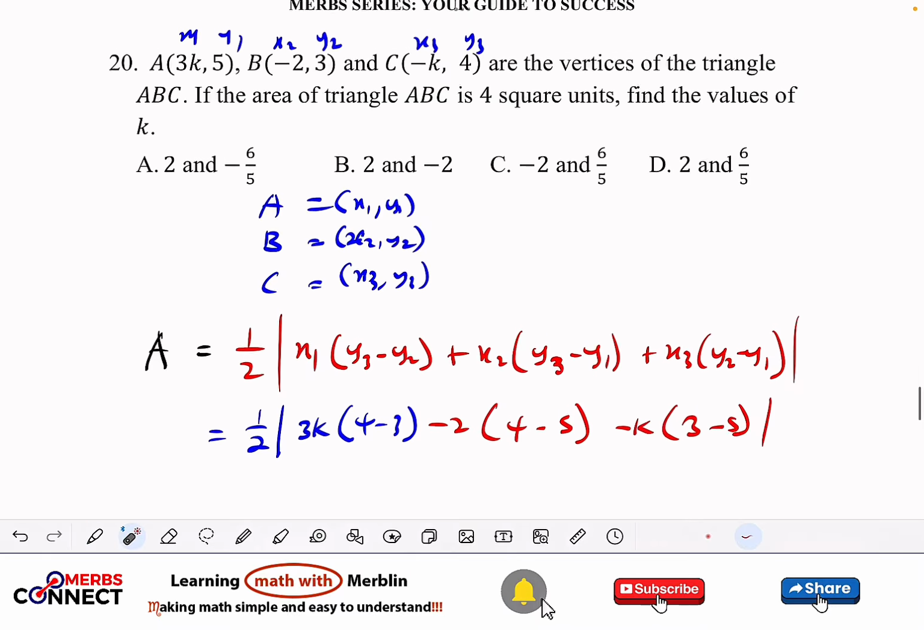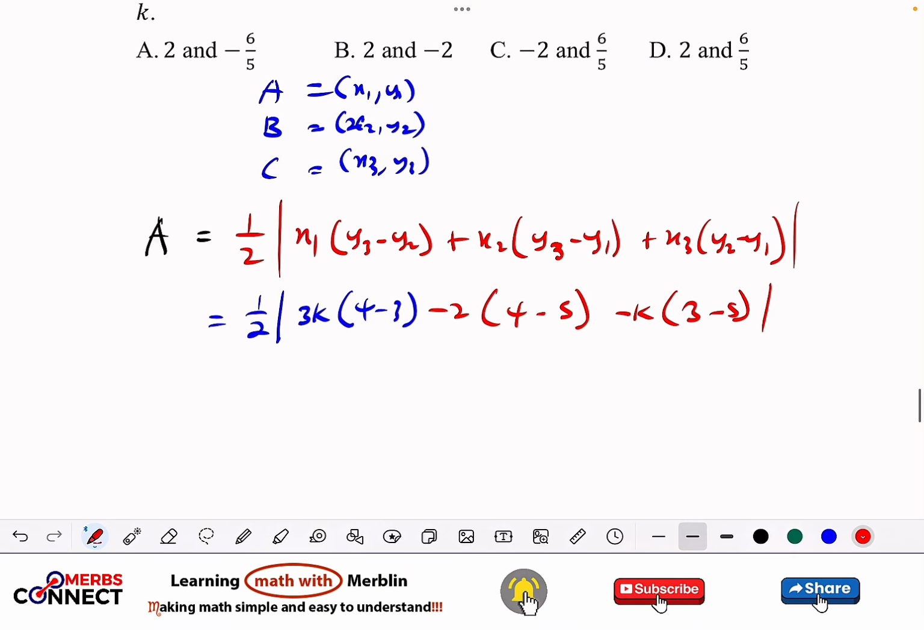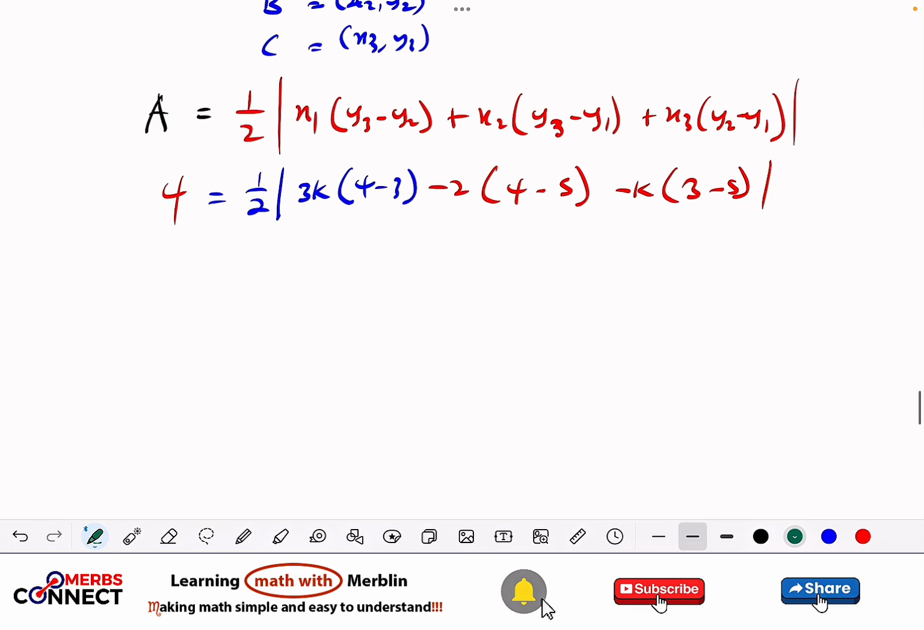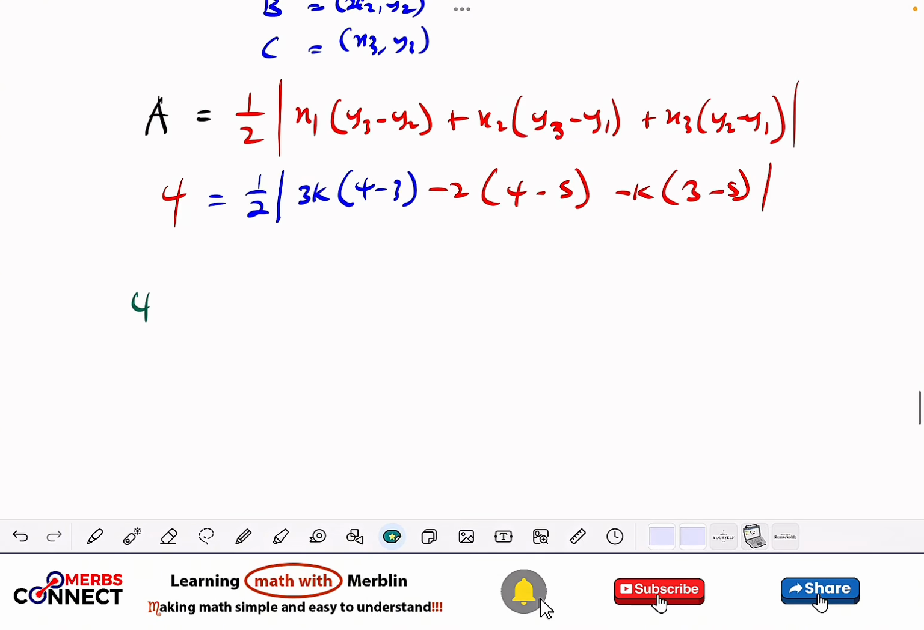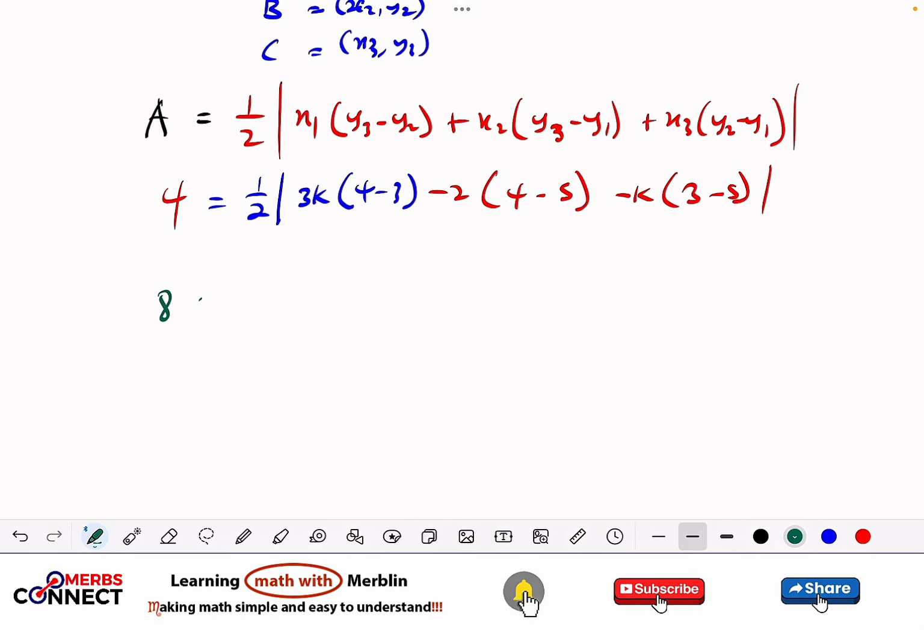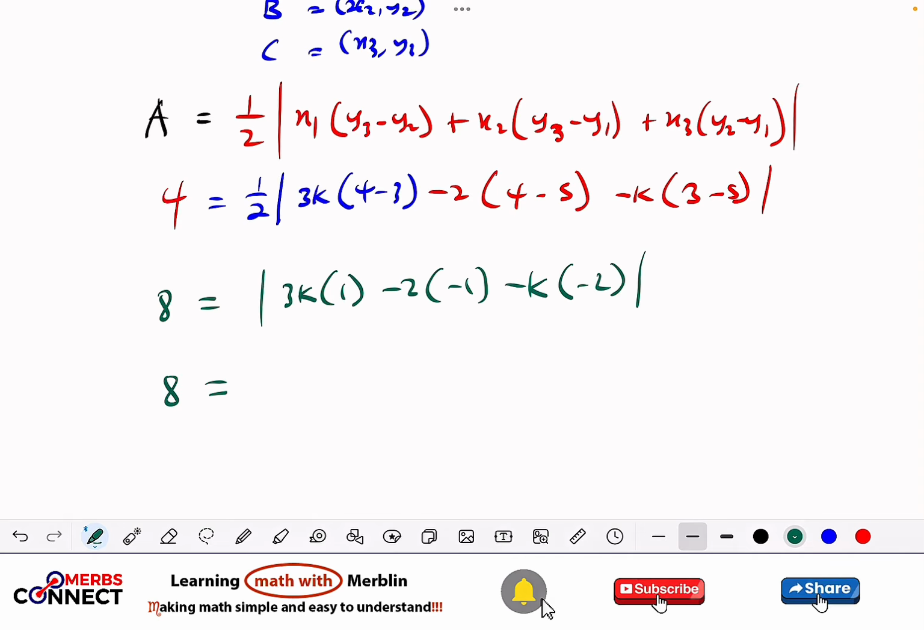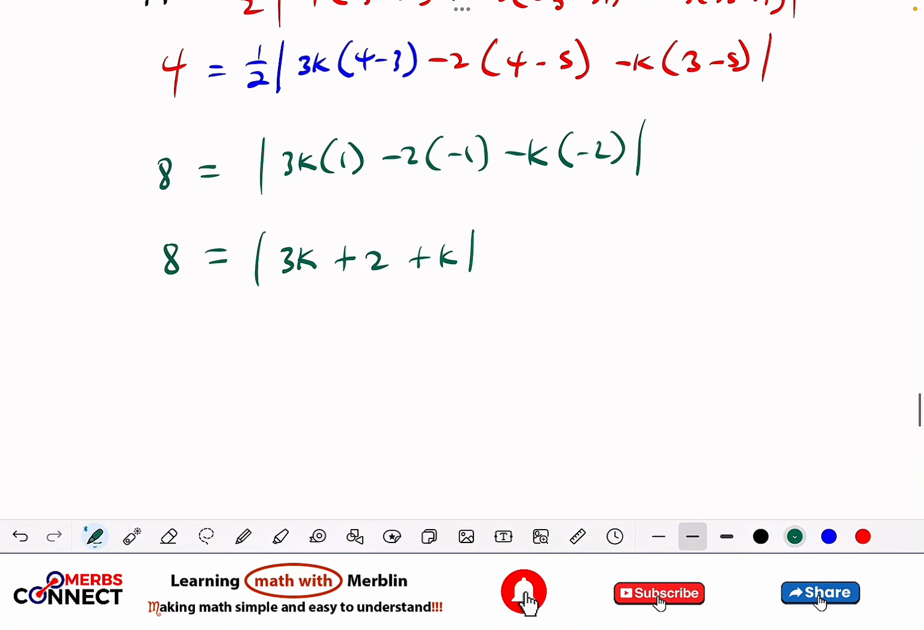But the question is saying that the area is 4, so I can put 4 here. So I'm going to have 4. When I multiply 2 by 2, I can make this one 8, which is equal to the absolute of 3k, 1 minus 2 times minus 1 minus k times minus 2, absolute. So 8 is equal to the absolute of 3k plus 2 plus k. So this is 8 is equal to 3k, no, 4k